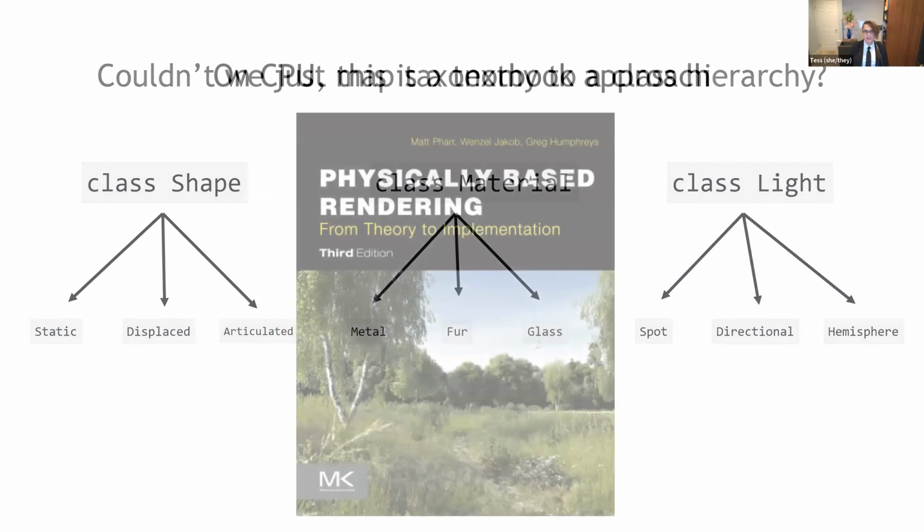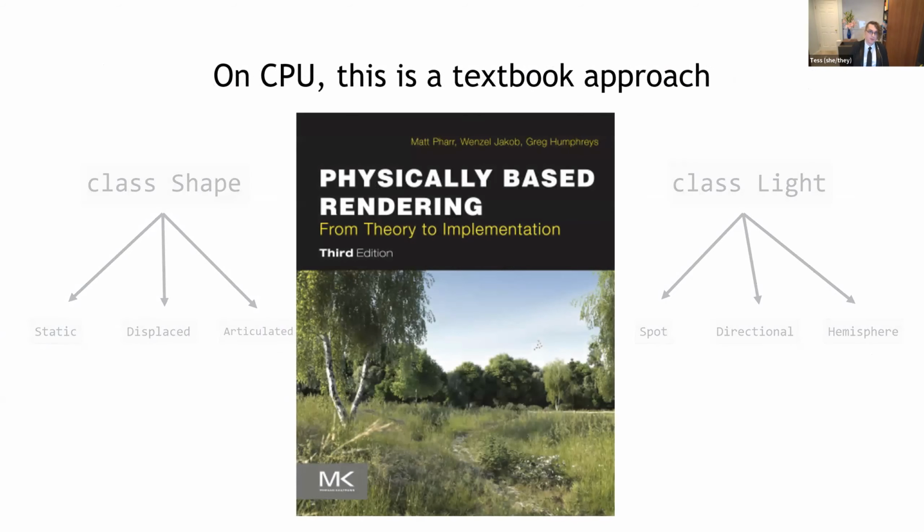And in fact, this would kind of be literally a textbook approach if you're on CPU. So here we have an example of a textbook used often to teach graduate level computer graphics that uses exactly this kind of decomposition in order to be able to express a wide variety of rendering techniques. But the editions of the book that use this style primarily run on CPU and are not primarily oriented around performance. And that's where we need to turn our attention now to the second one of the criteria